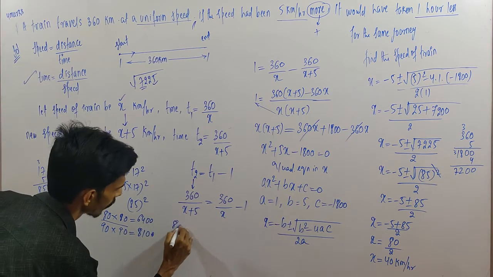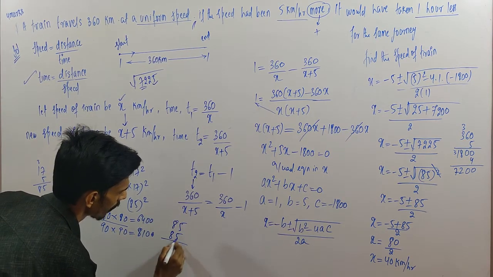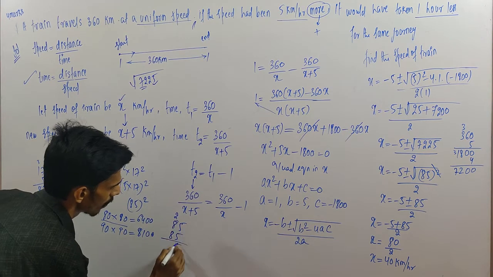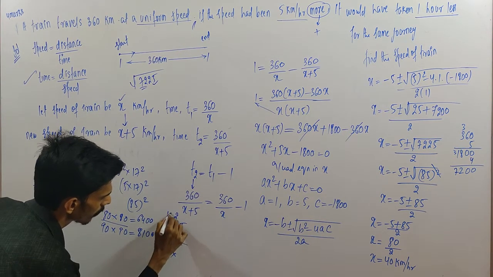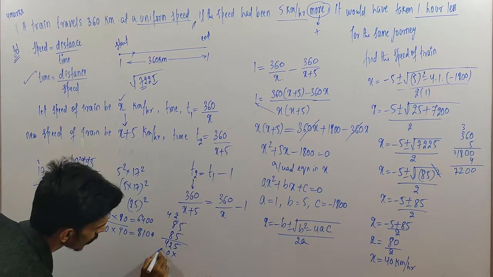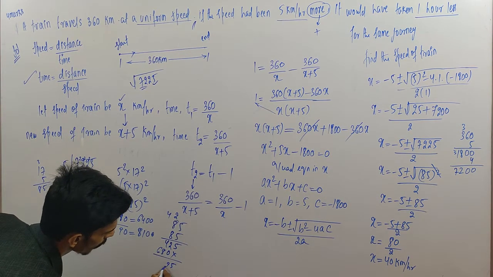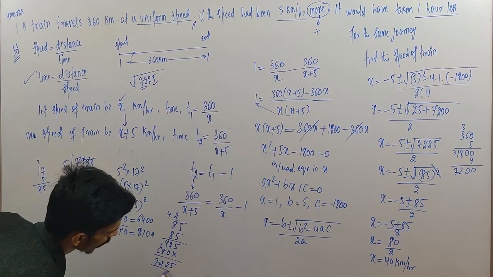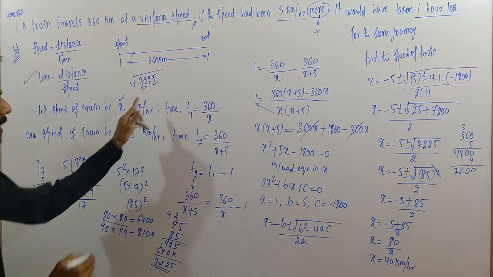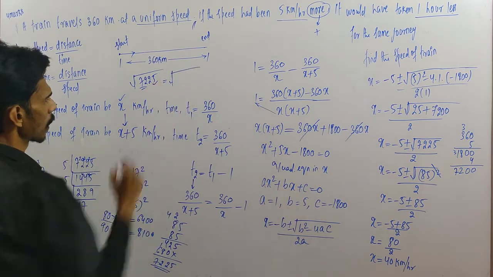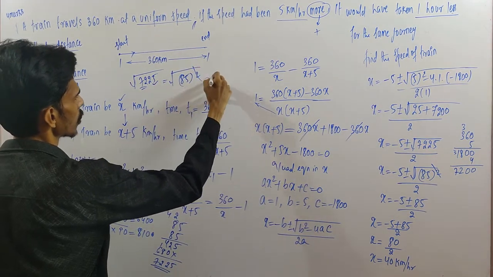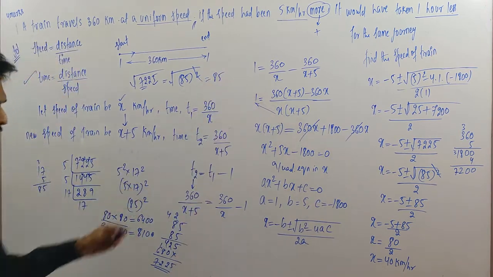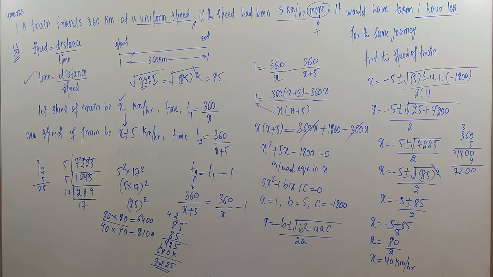Let us take 85 and 85. 5 into 5 we have 25. 5 into 4 is 20, 2 carried, 22. 5 into 8 is 40, we have 8 into 8 is 64, 68. So this will become 7225. So by making a guess we can write down this value as 85 square. Now this will become 85. This is the technique by which you can guess the value of square roots.